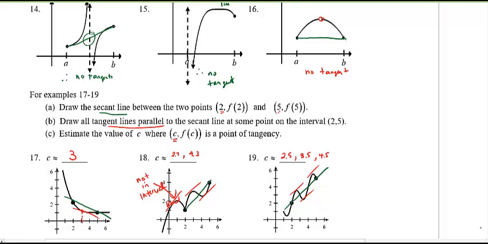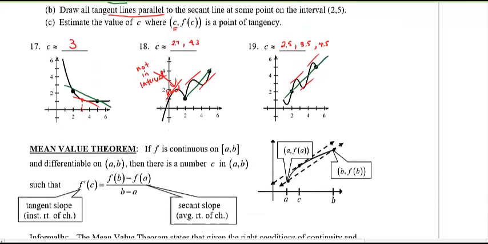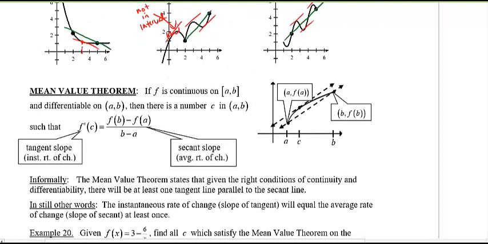Okay, so why are we doing all this? Well, all this gives rise to what we have here called the mean value theorem. Just like the intermediate value theorem. Remember that stuff? So, there are conditions. The first condition is this. If f is continuous on the closed interval from a to b, and f is differentiable on the open interval from a to b, then, once you've met those two criteria, there is a number c in the open interval from a to b, such that